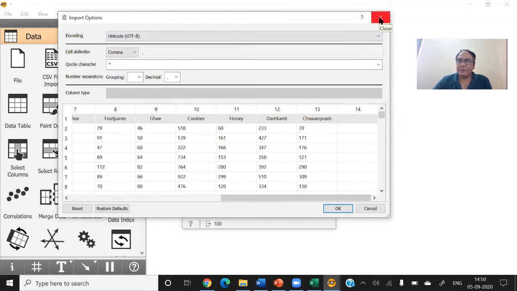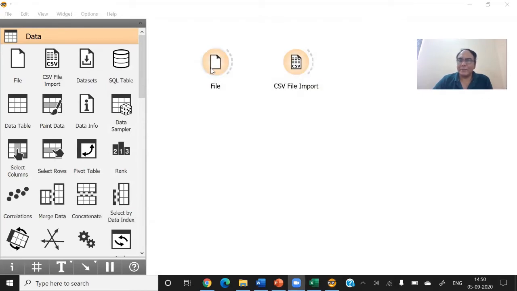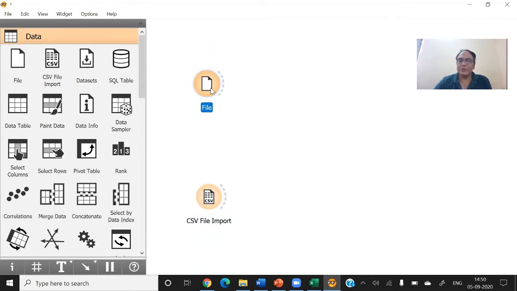It is a very easy command, and it is up to you whether you go for the File command or the CSV File Import command. You can choose any option, that is not a problem. But in CSV File Import, you cannot open the data sets provided by the software. You can only open your CSV format files. So with these two icons, we now have clarity on how to import data. In File, we can import the Orange data as well as CSV files, and we can also import some other formats, but they are not very popular, because most of the time we work on CSV files. After learning these two options, let's move to the next part.